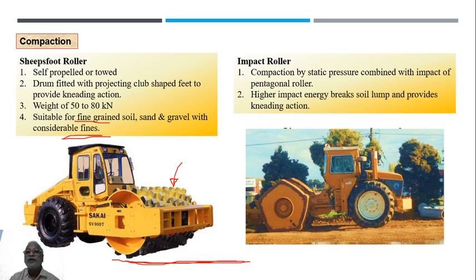Okay, impact roller, compaction by static pressure combined with impact of pentagonal rollers. Now you can just see that when it is pulled, suddenly this drops down here, so that gives you an impact. Because of that there will be a compaction. Obviously this axle will be having a play, so that whenever it is pulled up to a particular level, suddenly this drops on its own weight, right? Again it will be moved further, so like that continuously. When it falls, it will be free fall, and then it will be putting an impact load. Higher impact energy breaks the soil lumps and provides kneading action on the soil. Okay,